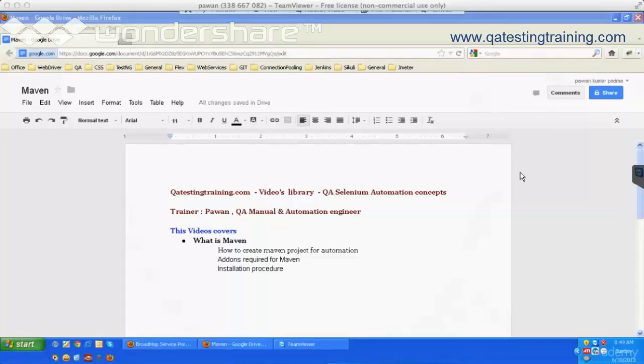The first and foremost important thing is to understand what is Maven, why we are using Maven, and how do we install Maven jars, and how do we add add-ons for Maven for Eclipse, and how do we understand why we require Maven, why not we go with a simple Java project, etc. Okay,